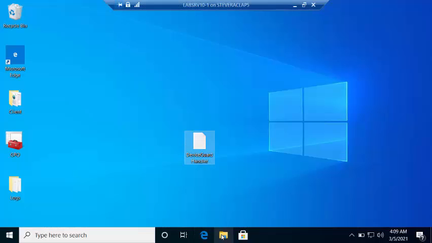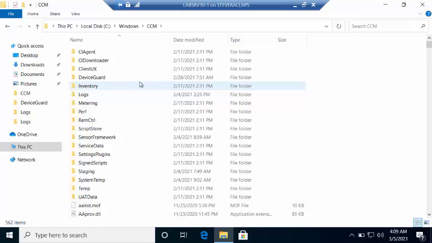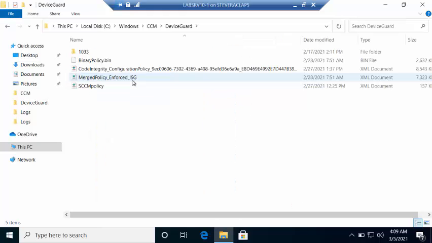But let's look real quick on the Config Manager side. So if I go into CCM, there's a folder called Device Guard. In Device Guard, you're going to see the binary representation of the policy that Configuration Manager put down on the device, and you'll also see XML representations of that policy. The reason I show you this is, again,